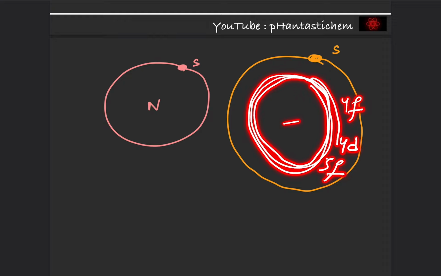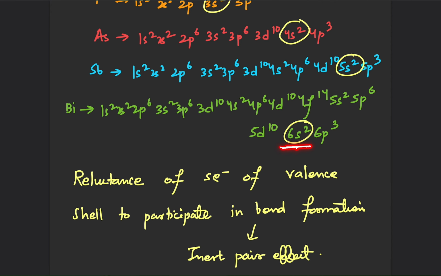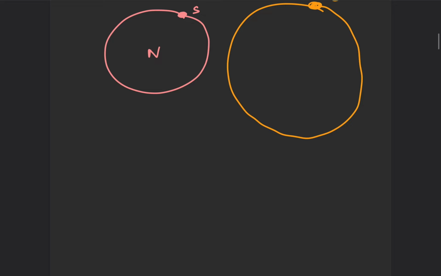These are not good in shielding, due to which the nucleus pulls these electrons even more closely, with a very high attraction, due to which a very high amount of energy is required to lose the s electrons in the case of bismuth. So in bismuth it's tough to lose the 6s2 electrons, due to which it finds it difficult to show the +5 oxidation state, because for +5 we have to lose these three as well as the two 6s2. But due to the poor shielding of 4d, 4f, 5d, it's tough to lose them.